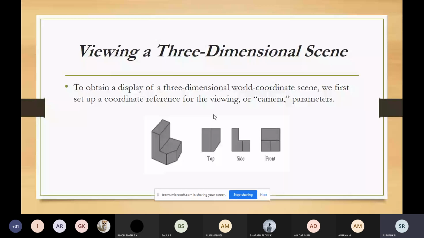It will cause objects farther from the viewing position to be displayed smaller than objects of the same size that are nearer to the viewing position. For example, if you stand in front of an aircraft, it will be very big compared to the same aircraft when you look at it in the sky.